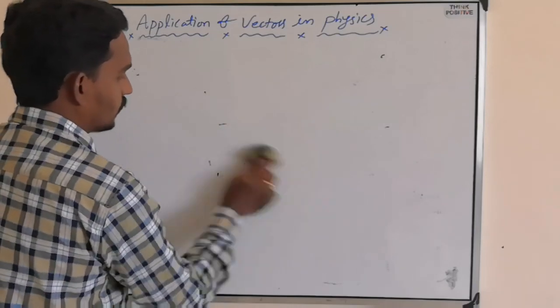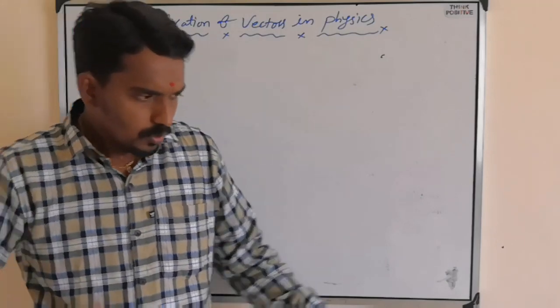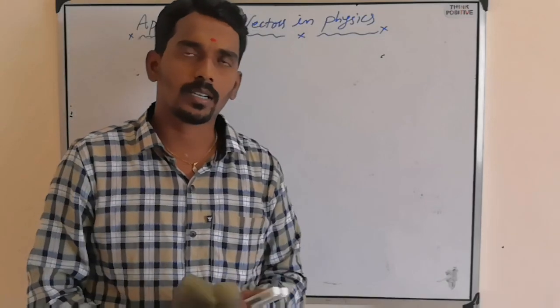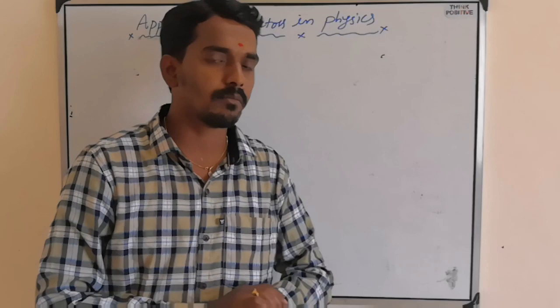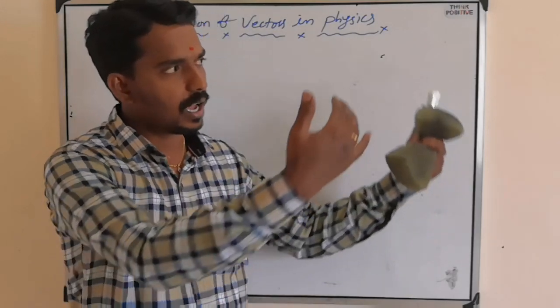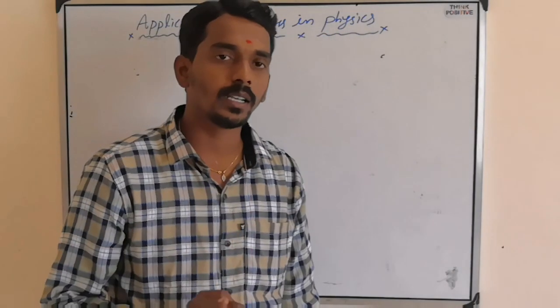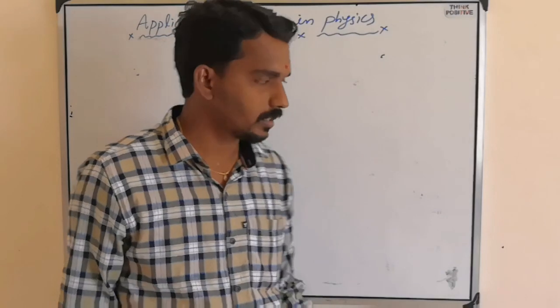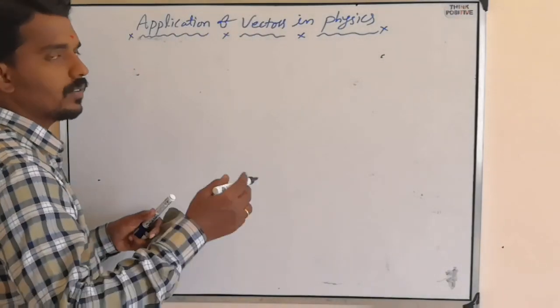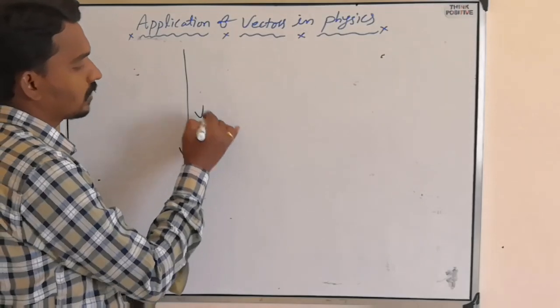That is the rain-man problem. I don't know whether you observed or not, but whenever you move on a bike while it is raining, the rain always appears to come opposite to you. Why? Because it is relative velocity. See, suppose rain falls vertically. Rain is falling vertically. This is the rain velocity.